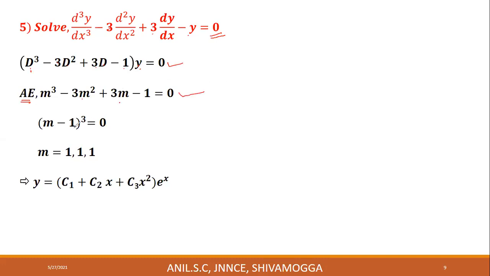This can be written as m minus 1 whole cube is equal to 0. This is just the expansion of m minus 1 whole cube. If you do not get this, you can go for the synthetic division method. You can substitute m is equal to 1, reduce that equation to a quadratic equation and then factorize. In either way, you can do that. This can be written as m minus 1 whole cube because a minus b whole cube is a cube minus b cube, minus 3ab, that is 3m into 1 into a minus b, that is m minus 1.